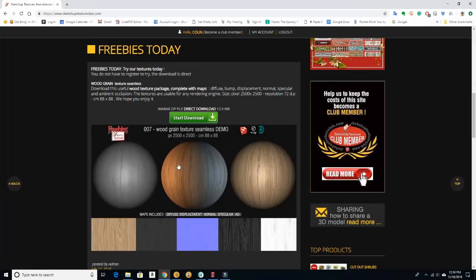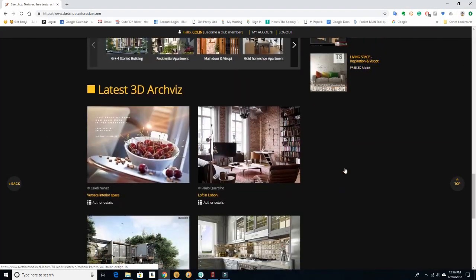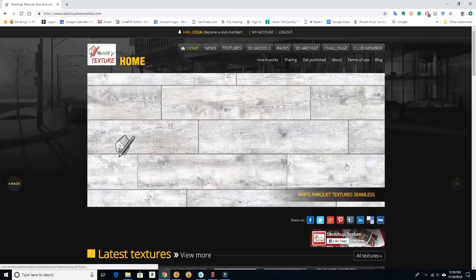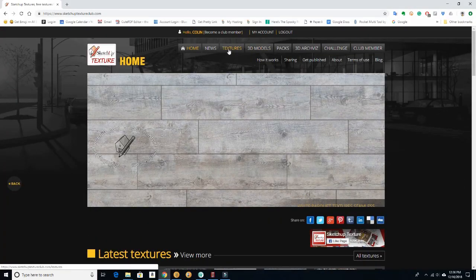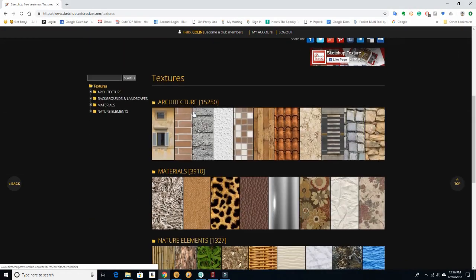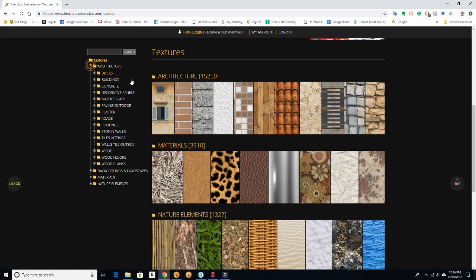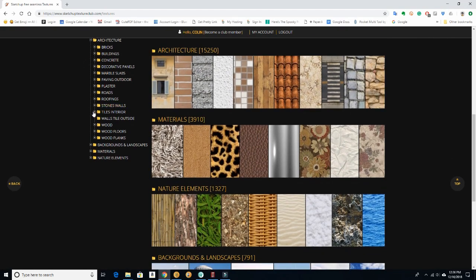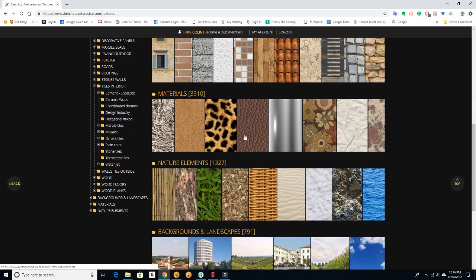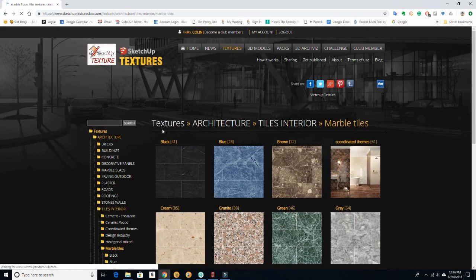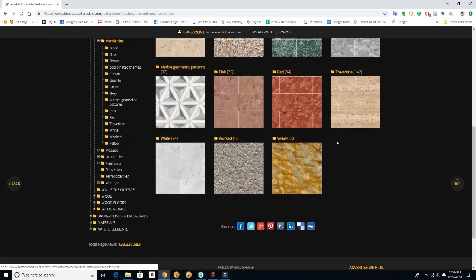So they have daily freebies, which I haven't found anything good in those, although I don't go there that often. I want to go to textures, architecture, tiles interior, and I find that the marble tiles has the most useful ones. So I go to white,